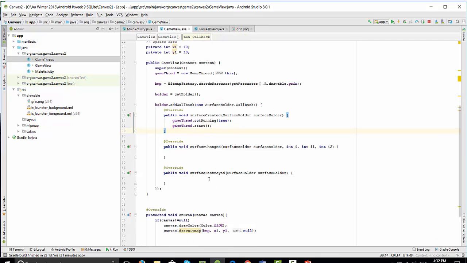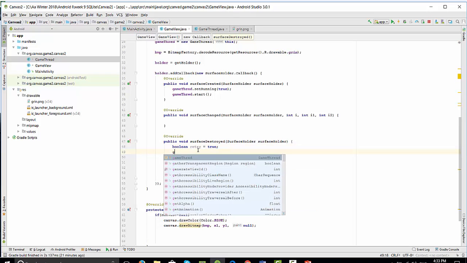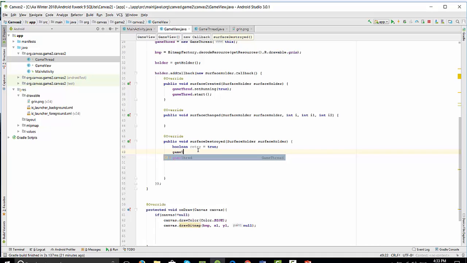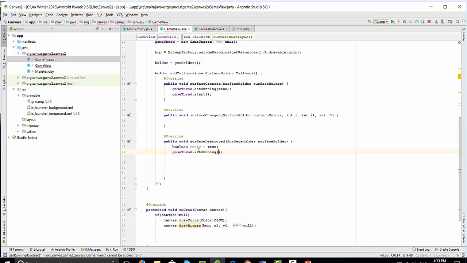And we have to write what we have to do when the surface is destroyed. So when we destroy the surface, first of all we create the variable to destroy the loop, to construct the loop and destroy the thread. So game thread dot set running will be back to false,